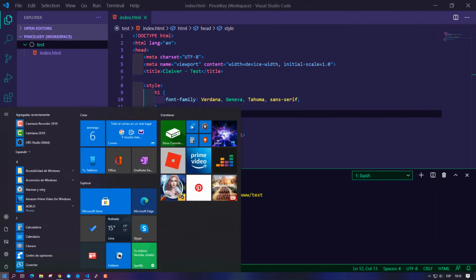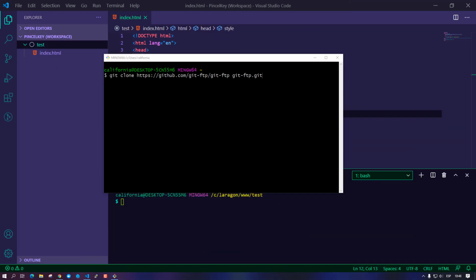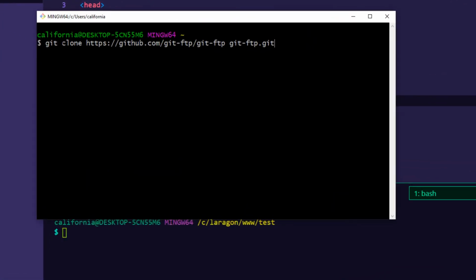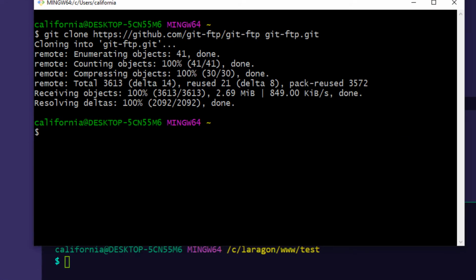First, we need to open Git Bash or any other terminal, but I recommend the first one. As a second step, you have to clone the command's repository, so type git clone, the URL, and finally the name. In this case, it has to be git-ftp.git. As a third step, we have to locate the repository's folder which we've just cloned and change the permissions. So type cd, the folder's name,